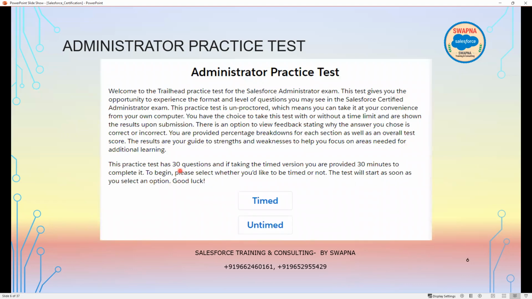Now here, this is the first screen which is available, which talks about if you wanted to practice the test, there are two options available. One is timed, another one is untimed. Now, if you want to select the timed,